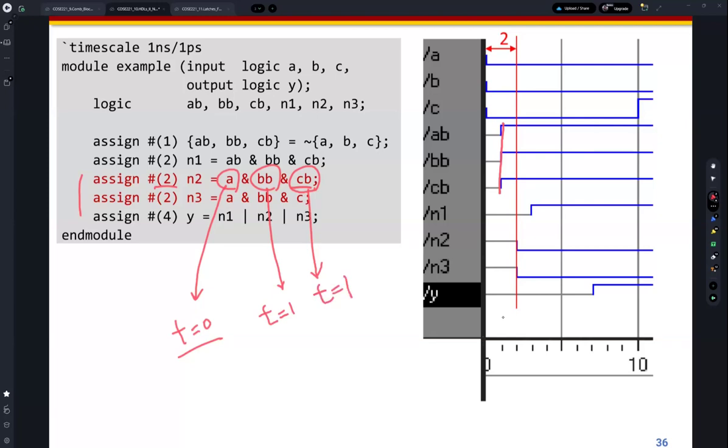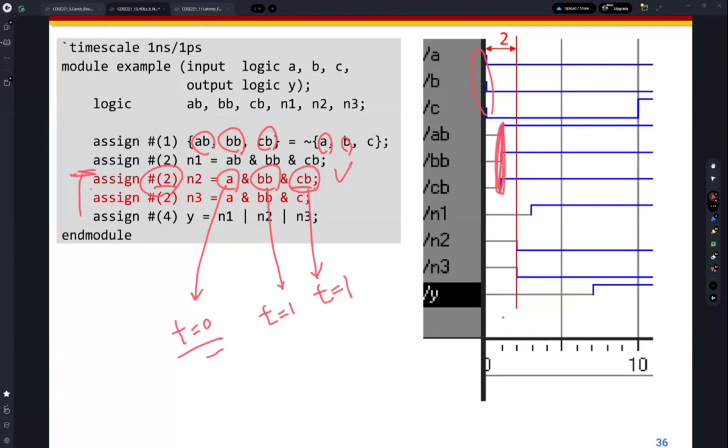Because A, B, C is changed at t equal 0, then A, B, B, B, C, B will be changed at t equal 1. Then how can you calculate? But after 2 nanoseconds, because in this assignment,